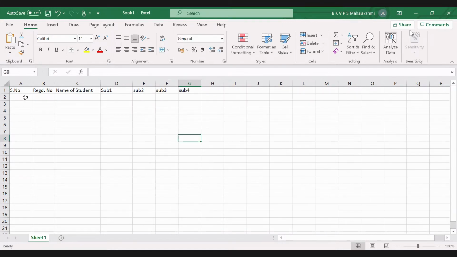Okay, so you will just add them, as you belong to the 11 section.